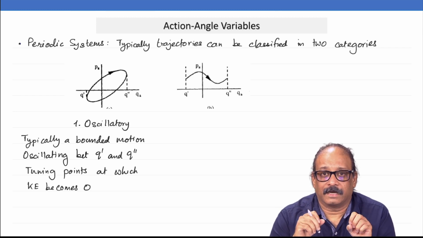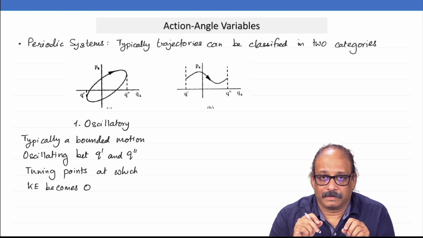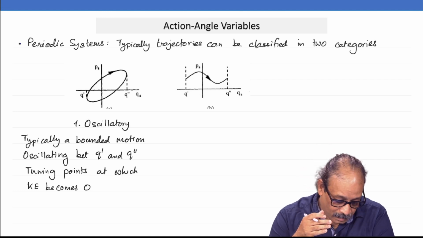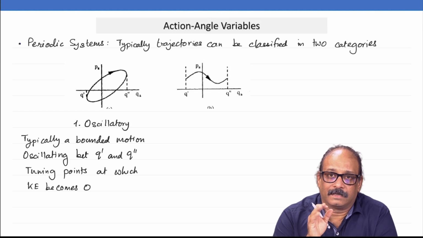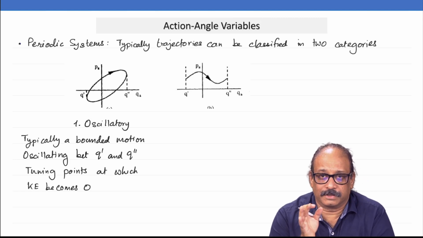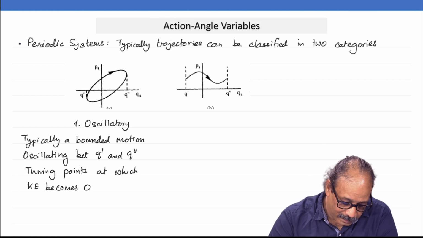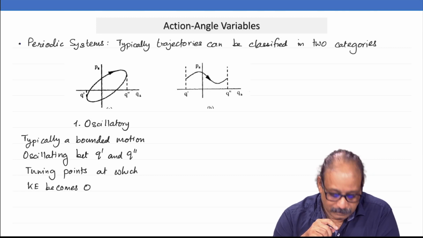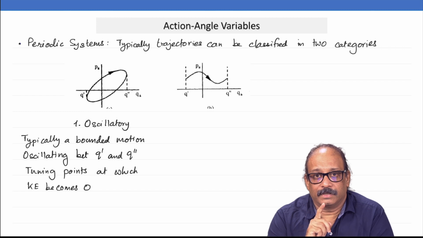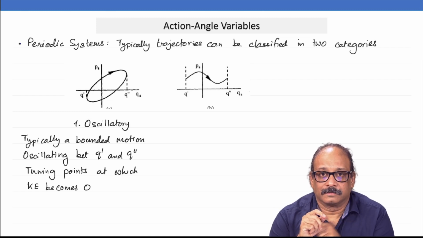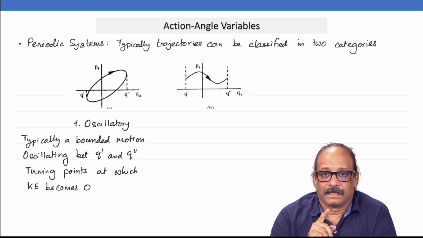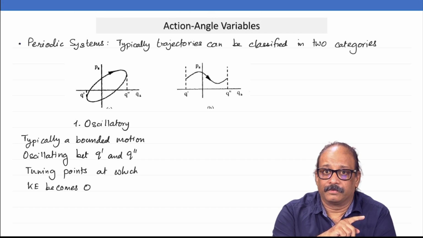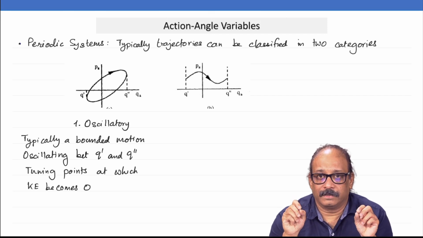kinds of problems. The kind of problems are the periodic problems, and these problems of course appear many times in our natural systems. The periodic systems, I can classify into two kinds of motions. One motion is when you plot it in phase space, this would look like a closed orbit. I will give you an example. In case of the harmonic oscillator, you get the harmonic oscillator potential, and if you mark the energy, then you get two turning points, okay?